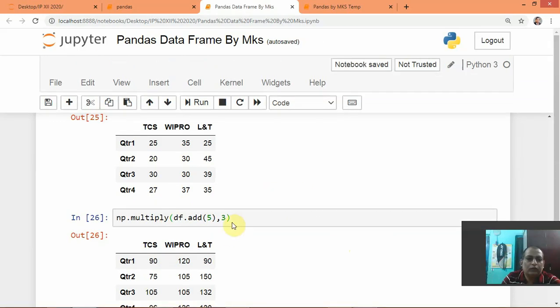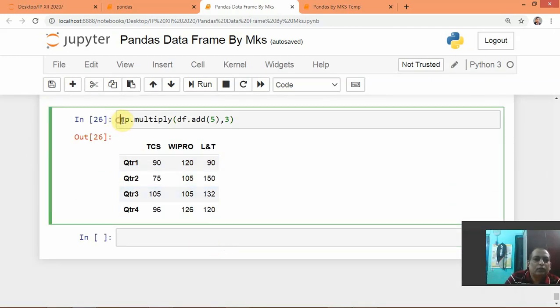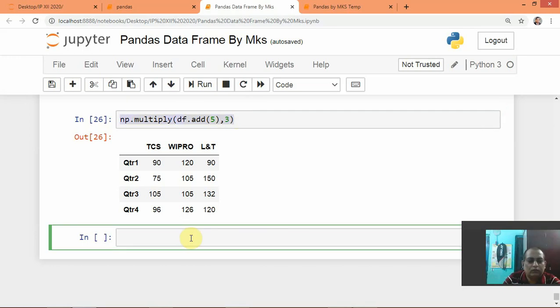Next, I want to increase one more level in this. So I'll do one more level, np dot divide, and I want to divide by 2.